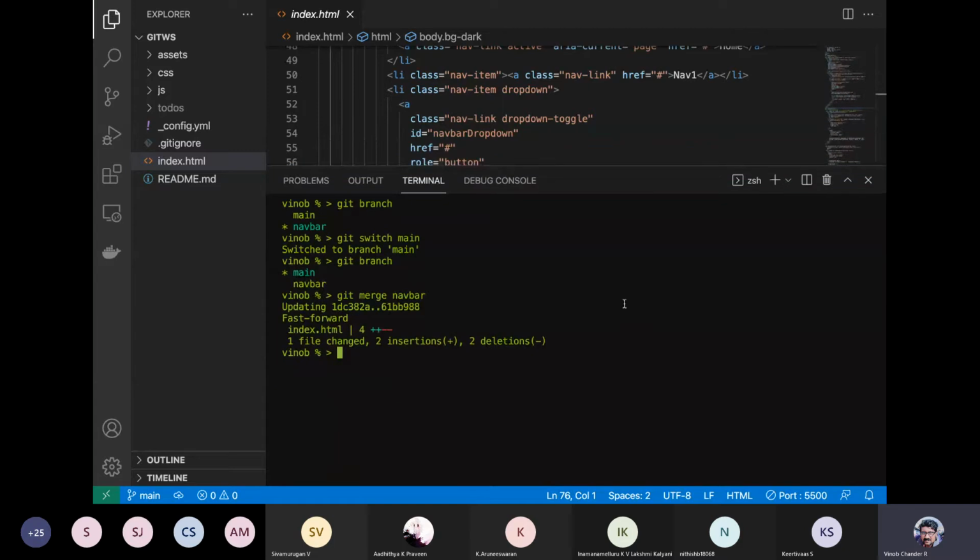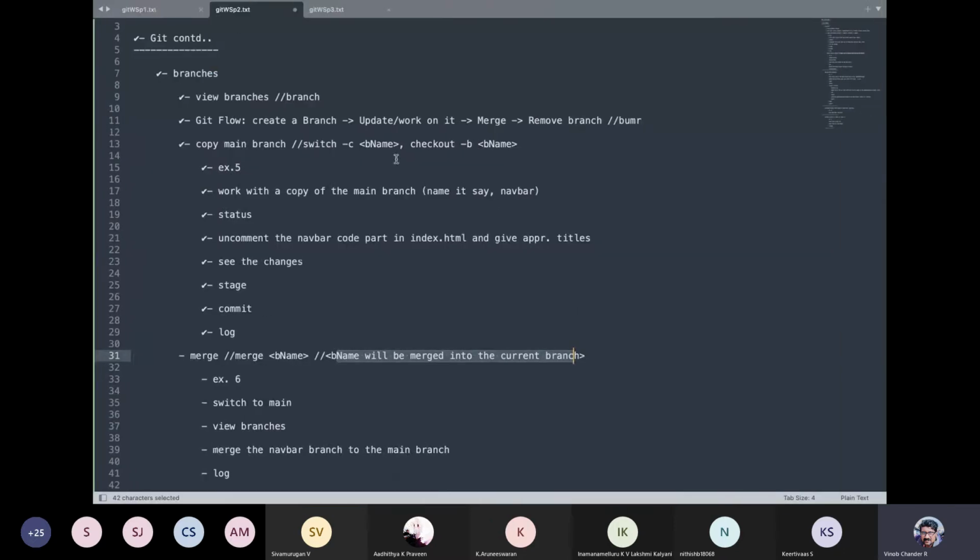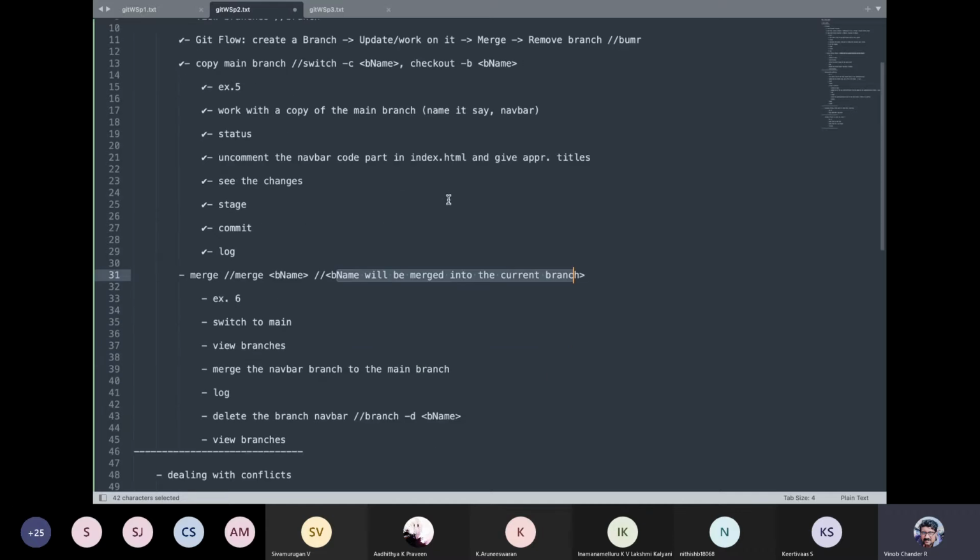So we have done the merging now. What is our last part in the flow as a best practice? We have done the merge, now we need to remove the branch. It is always considered a very good practice, once you are done with the branch, not to keep the branches hanging in the repository, whether local or remote, but to rather immediately remove it. So let us do that as our next part.